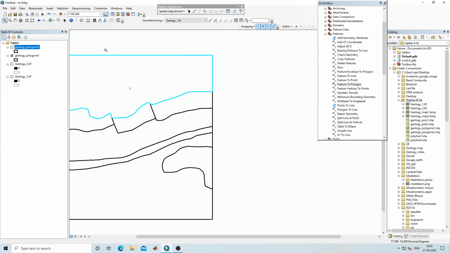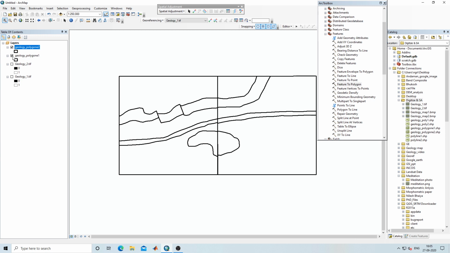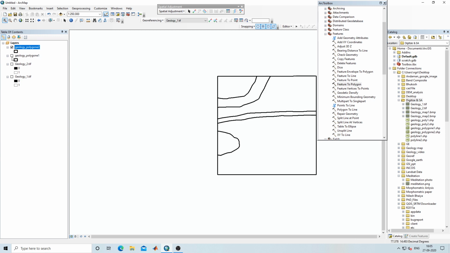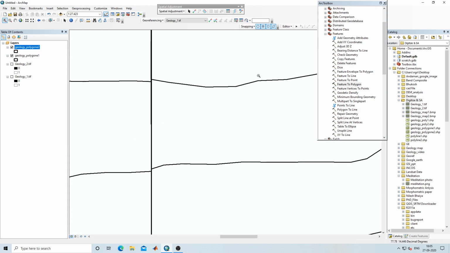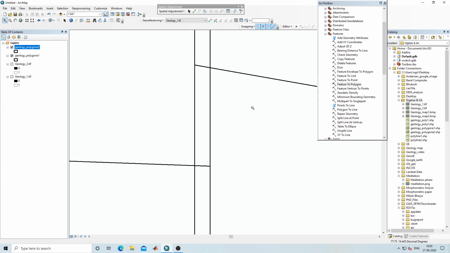First I will unselect this. We need to select one source and one target. So I will bring this map 2 to map 1. I will go to the spatial adjustment tool, set adjust data.